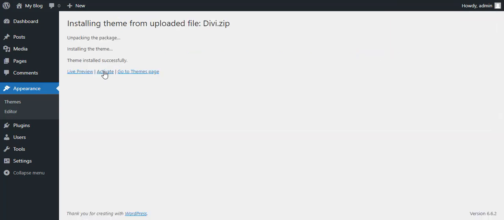The next thing you do is, so it says here, installing the theme installed successfully. You activate it. So now it is activated. You see here where it says active Divi. Then the next step is we need to create